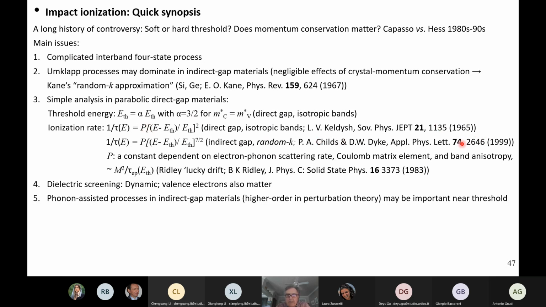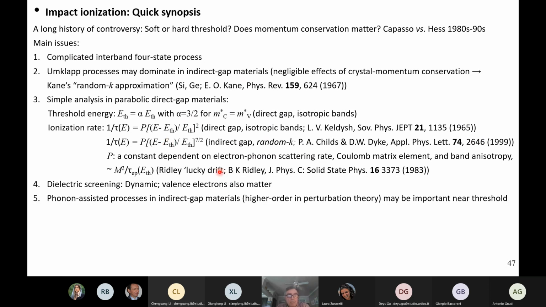Childs and Dyke in 1999 recently used the random-k approximation in indirect materials, showing that if you ignore momentum conservation, it's a relatively simple calculation to do. It's only the joint density of states, so to speak, and you have a 7/2 power of the same expression. P has been a matter of controversy, what you should use. It's related, of course, to the Coulomb matrix element that you have averaged over all of the states that you have in your first-Born approximation calculation. It's related to the band anisotropy,